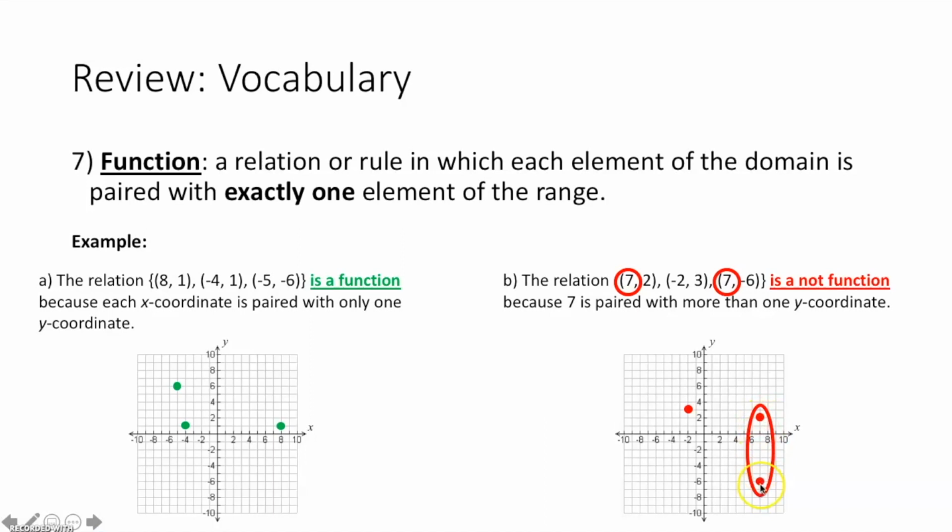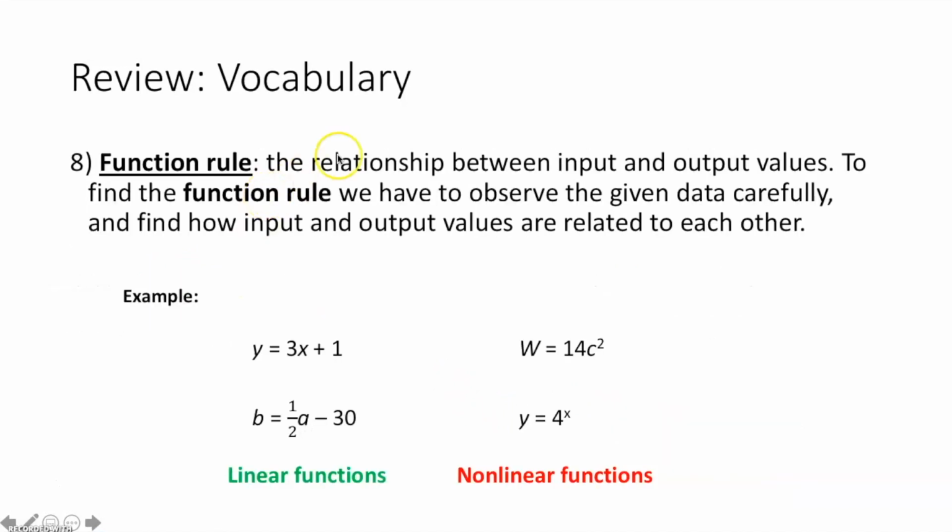The reason why that is not a function is because we have one x value paired with multiple y values. You're allowed to have one y value paired with multiple x values, just not one x value paired with multiple y values. Now, a function rule is a relationship between input and output values. To find the function rule, we have to